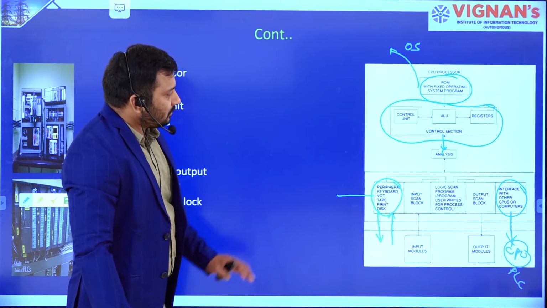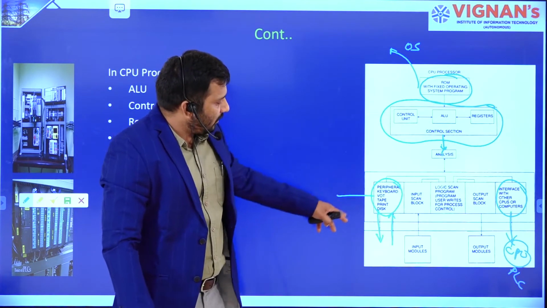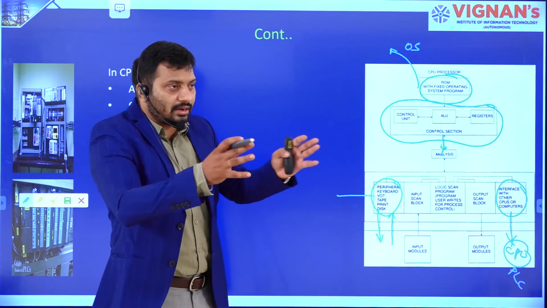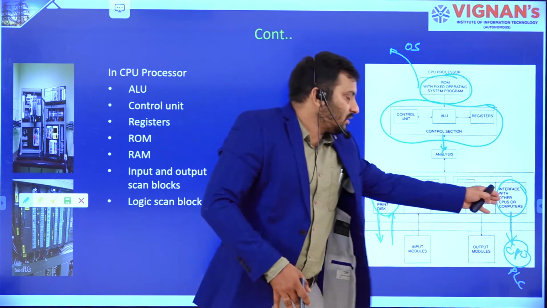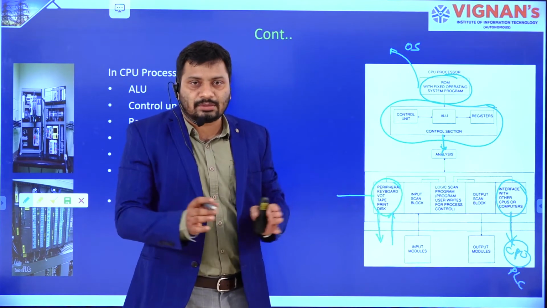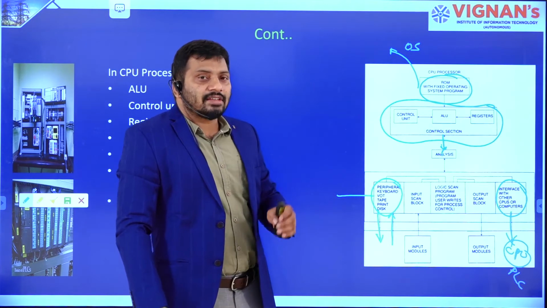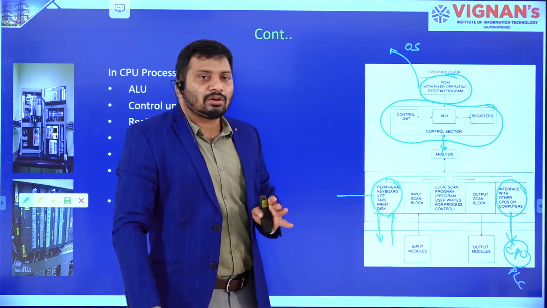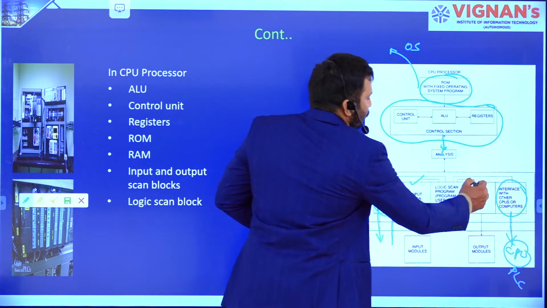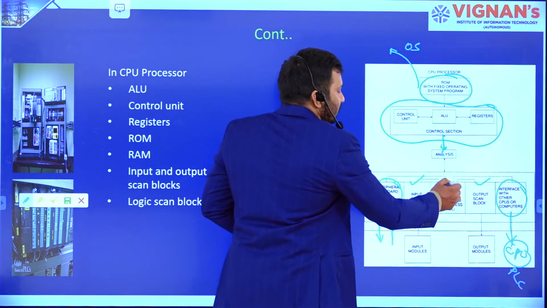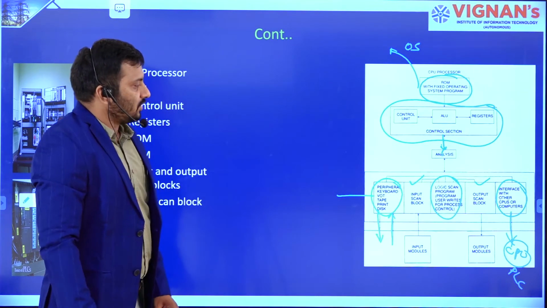So this is for external peripheral communication through normal connecting elements like keyboard and printer and all those things, right? This communication takes place between this PLC module and other PLC modules, right? Except these two things, 3 other blocks are there. You can see this is the input block, this is the output block, and this one is the logic block, right? So 3 blocks are there.